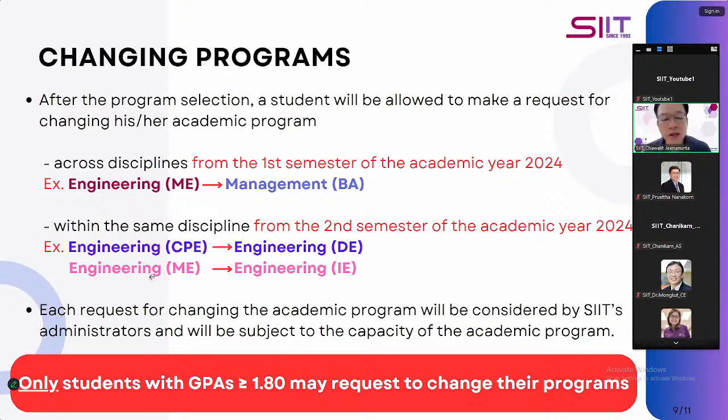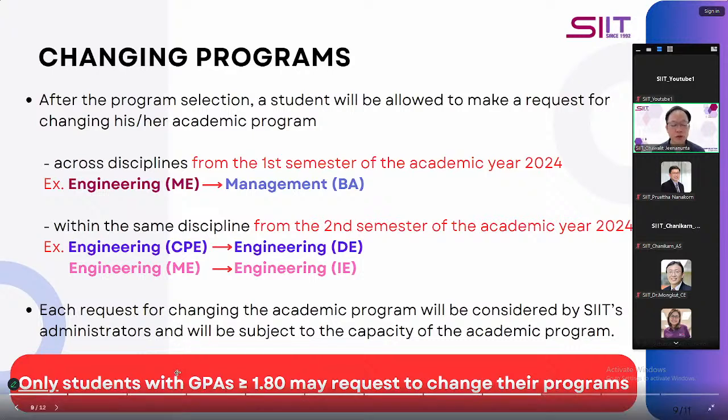So each program will have a chairperson and the head of school to consider. Students can submit their request, and the request will be considered by the head and then go through the academic program. Only students who have a GPA greater than 1.8 can change the program, because if you keep switching,